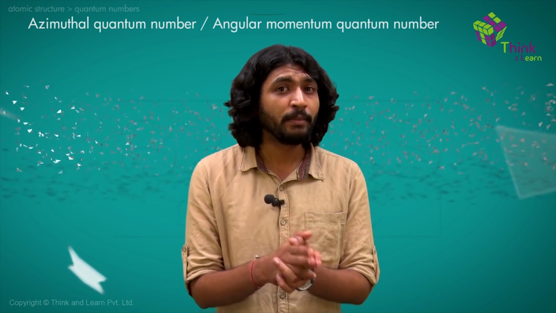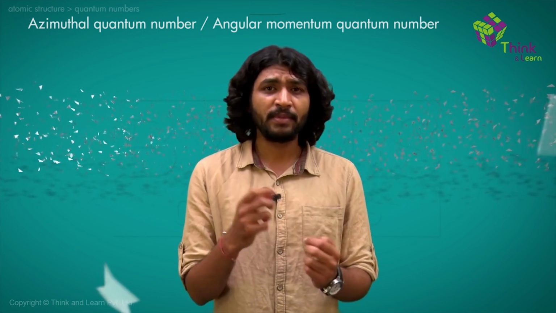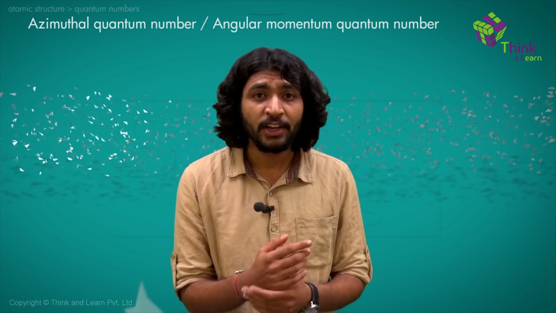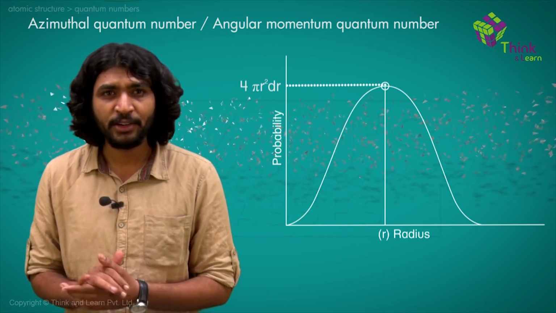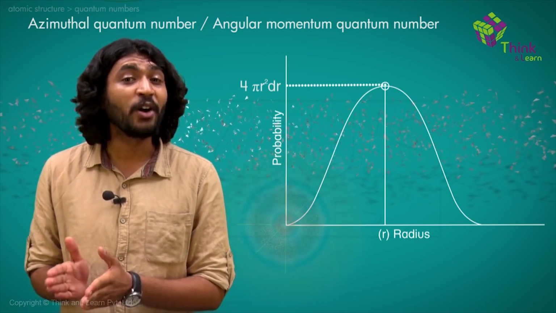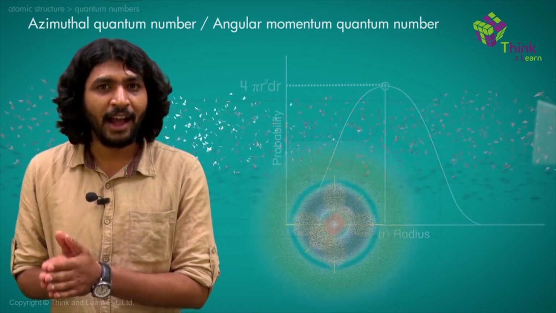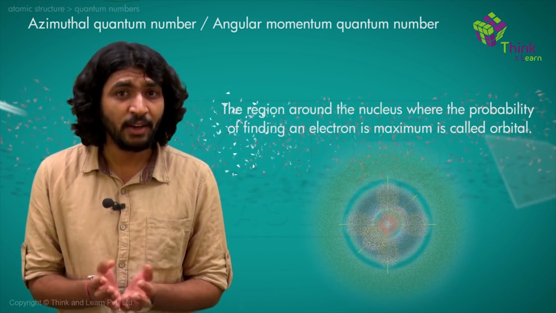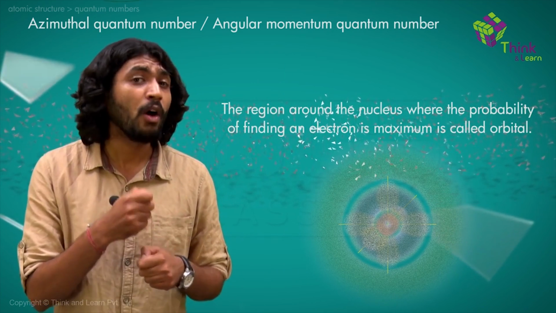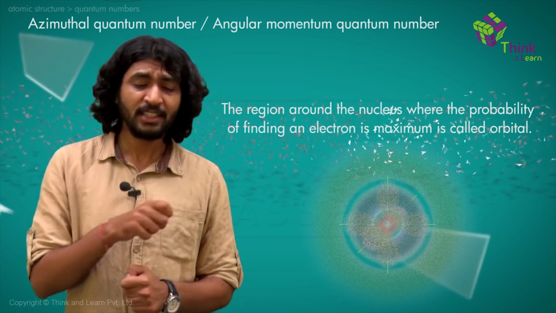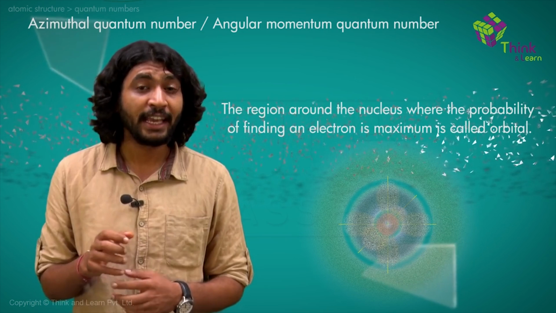The next quantum number we're going to discuss is called the azimuthal quantum number. Pretty complicated name, right? You can also call it the angular momentum quantum number. This came out of the angular momentum of the electrons around the nucleus. Now, when you look at the radial probability distribution graph and interpret that in 3 dimensions, what did we get? We got an orbital. So what is an orbital? An orbital is a region around the nucleus where I have the most likely probability of finding an electron, and that probability is almost 95%. If I join all those dots around the nucleus, I get an orbital.